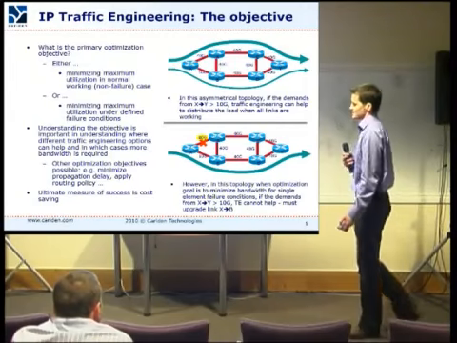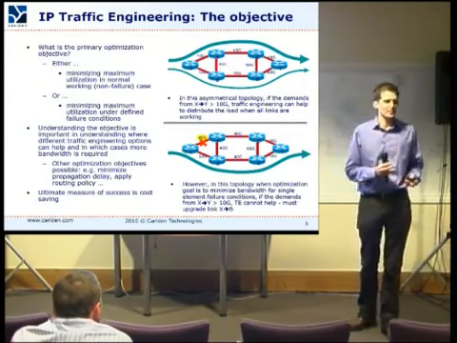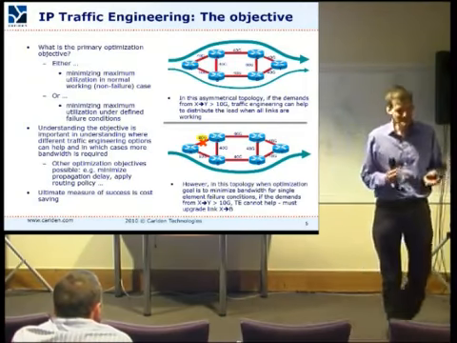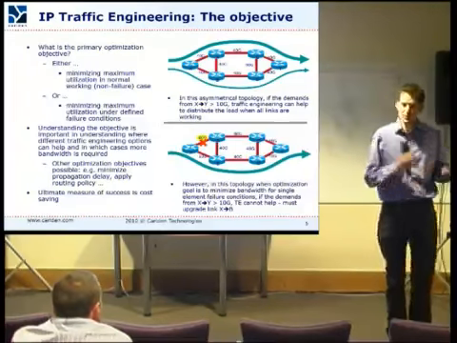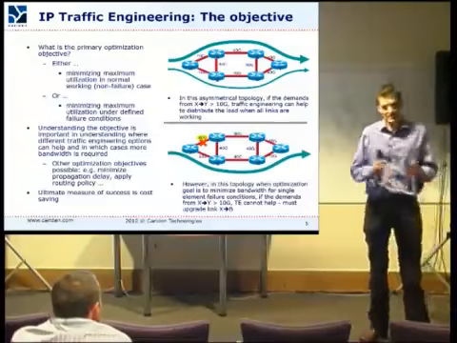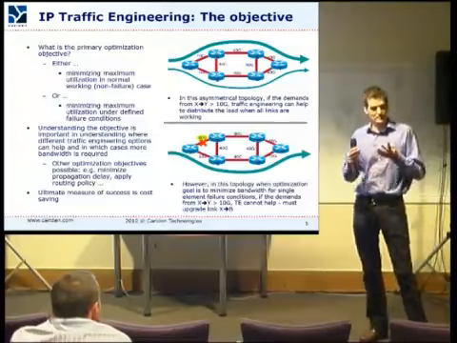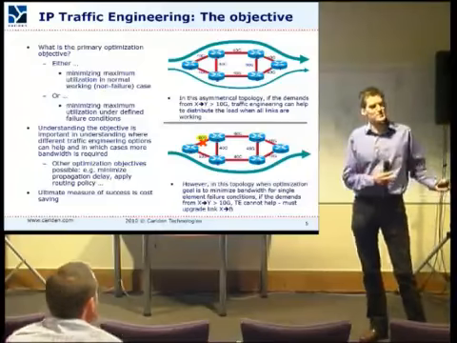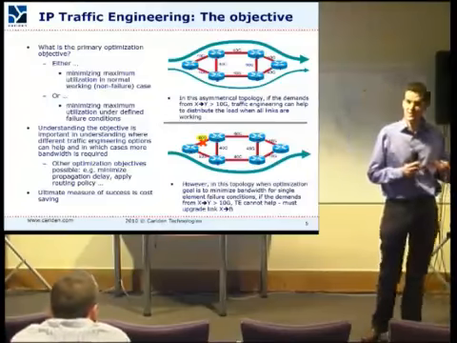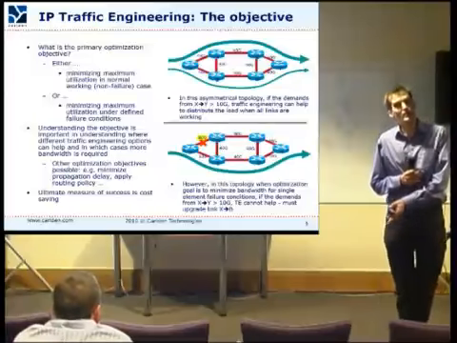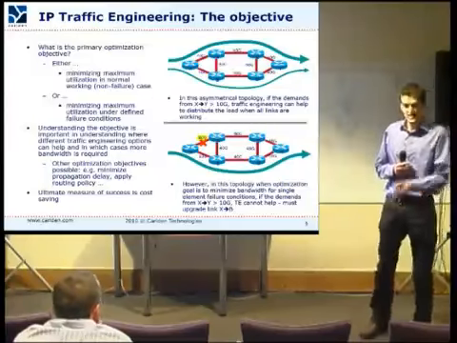So firstly, the objective. Fundamental point, traffic engineering is an optimization problem. The optimization problem is you've got a fixed network and a traffic matrix, a traffic matrix being the matrix of ingress to egress flows across the network. And the problem is, how do you make best use of that network? And the question is, what do you mean by best?